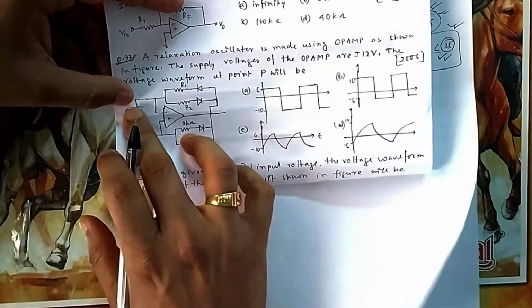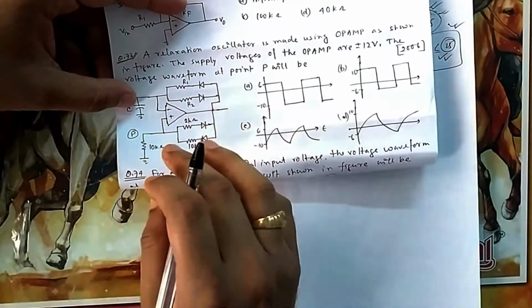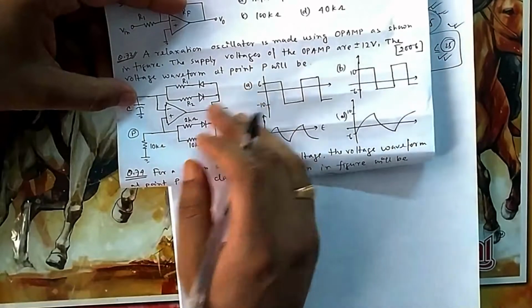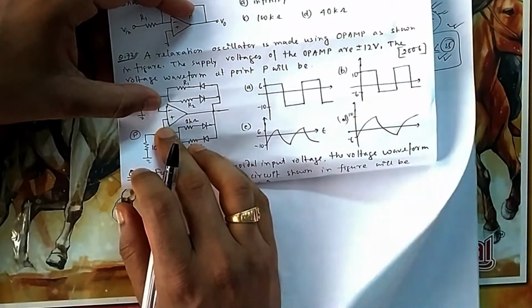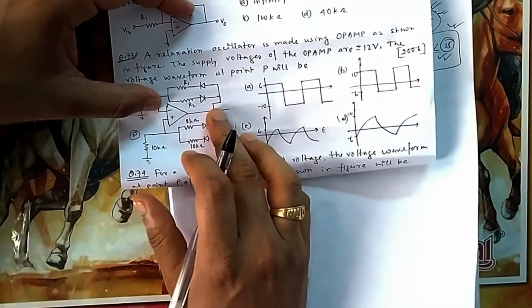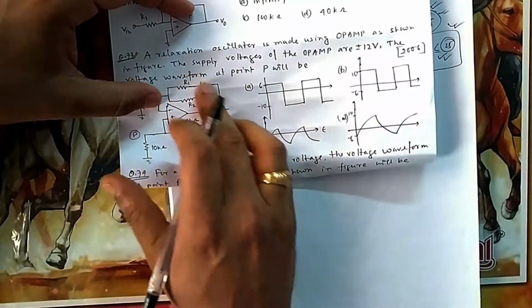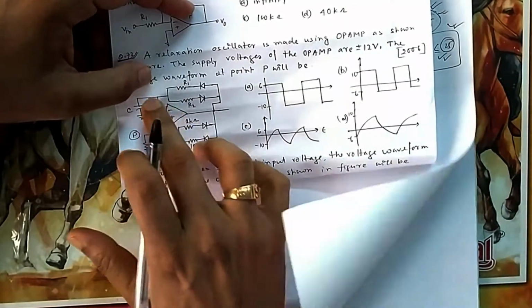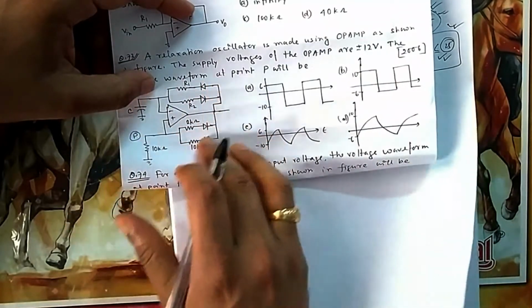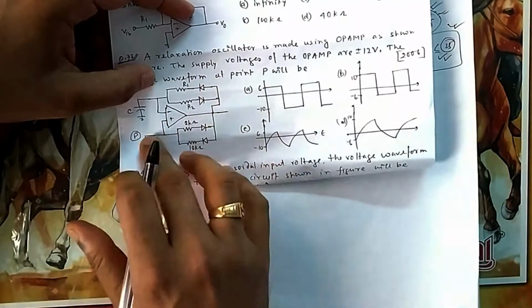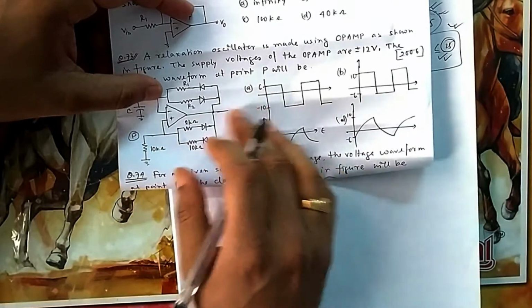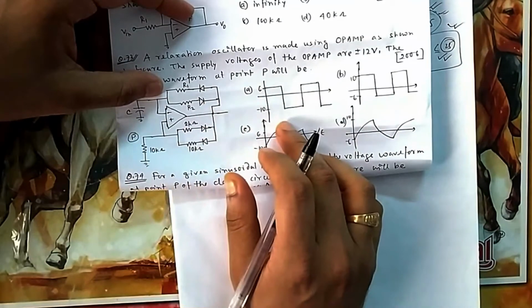How will it oscillate? Because the capacitor gets charged and discharged. So one time it will get charged, so this voltage will be greater than that, then the gain will be infinite, because the difference of this, you can think of as an open loop, and this is given to the discharge path, only for the capacitor discharge path, this path, nothing as feedback. You don't think that it is feedback.